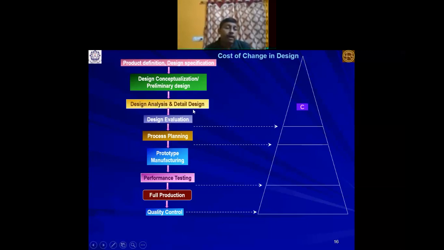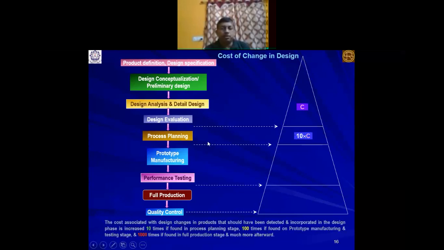Then to rectify that particular problem, if you identify it in the after process planning stage, the cost will increase 10 times. 10 times of the same bottleneck or same mistake if you found in the design evaluation stage. Now, if you overlook that mistake in the design evaluation stage, or even in the process planning stage, and it is found after manufacturing the product, during performance testing,